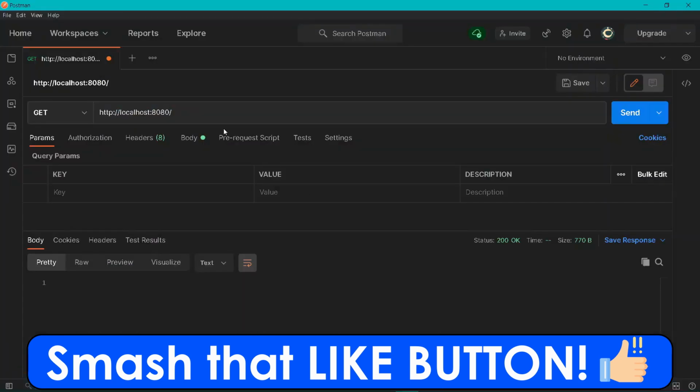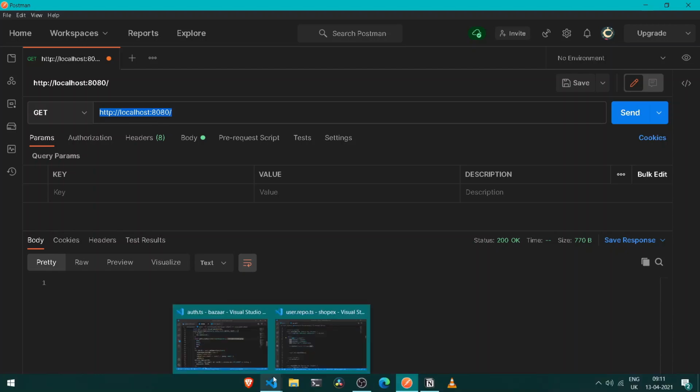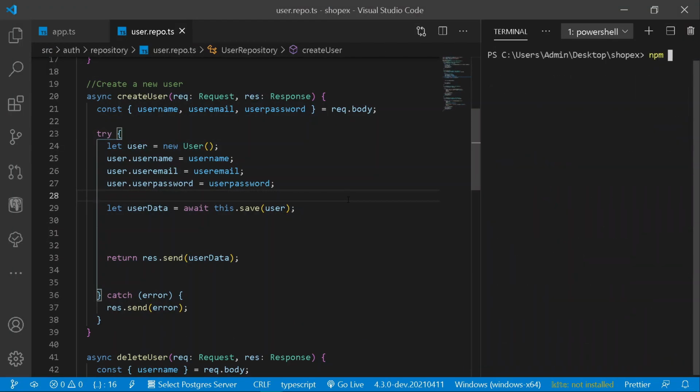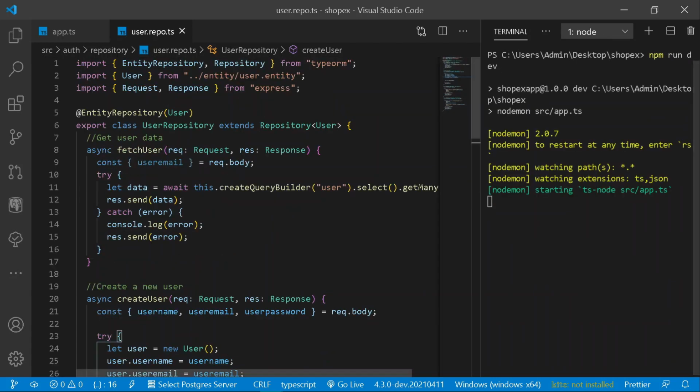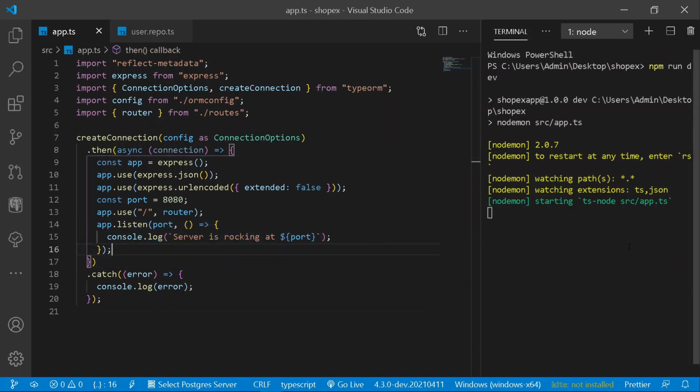Now if I go under my Postman, and here if I send a get request on my localhost, alright, first thing first, let me run my server up and ready. So for that purpose, you should be writing npm run dev, press enter. Alright, why it is taking so much time, let's go back, and here it is okay. It should be up and ready. Cool, so our server is rocking at 8080.